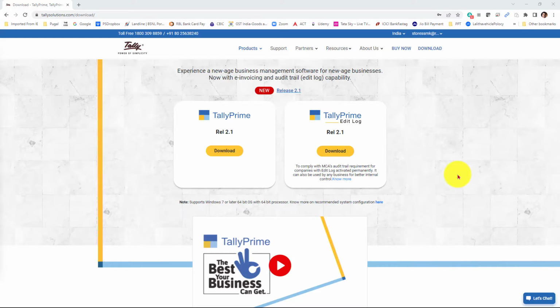So what you can do is, in that case, when you are downloading the edit log and when you are installing, you can select the option as install new and install the edit log in a separate folder, either in C drive or D drive or any other drive on your hard disk. If you already upgraded to release 2.1, not a worry. You just download this edit log, install the edit log exe in a different folder, and now once you install,